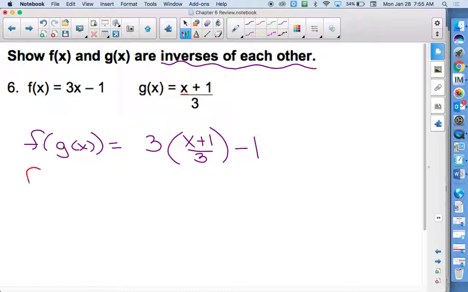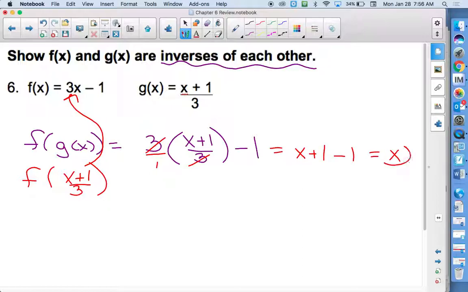So you're taking the g of x function, which is x plus 1 over 3, and you're plugging that in for the x in the f function. So we have 3 times x plus 1 over 3. And then there's still the minus 1. So Kushal, how would this simplify? X plus 1 minus 1. Yeah. So the 3's cancel because you're multiplying by 3 but dividing by 3. So that means they go away. And that just leaves us with x plus 1. And then the minus 1, which is